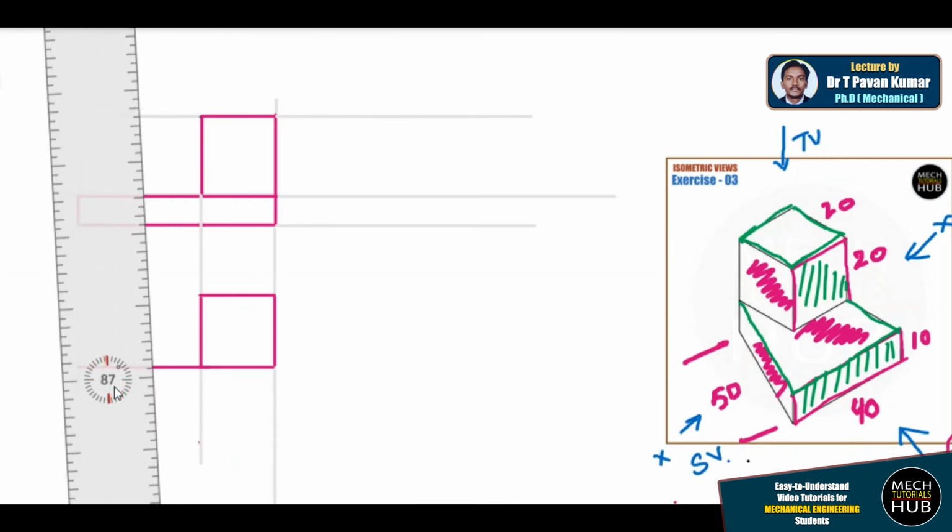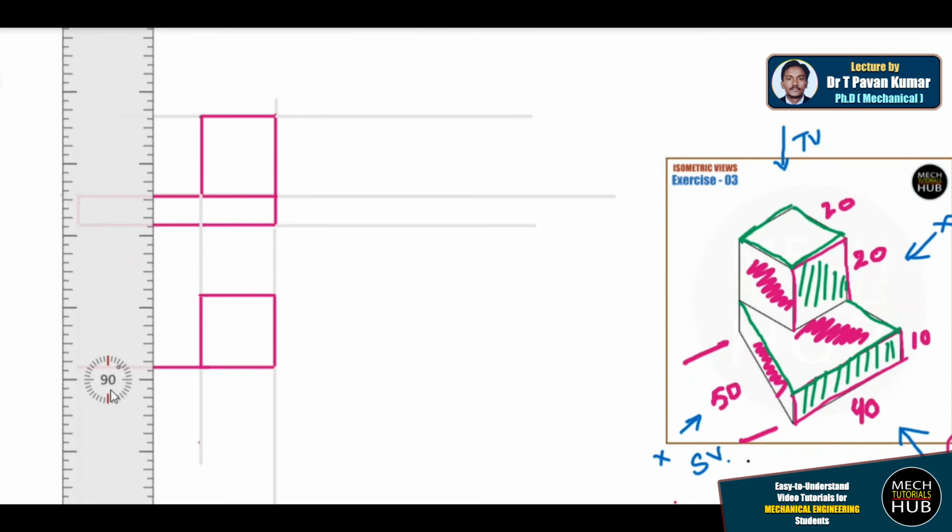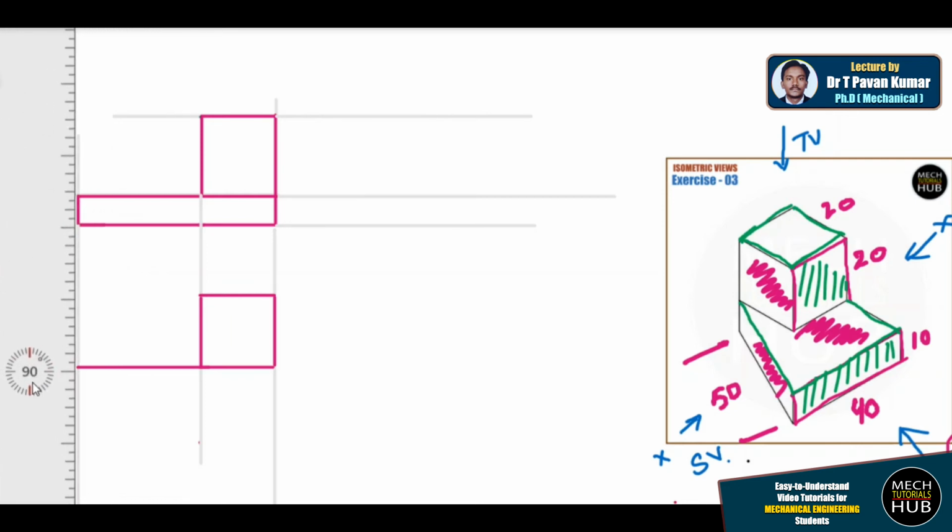This rotation of scale takes enough time, so have patience and listen to the complete lecture so that you have a better understanding. From here up to maybe 40. After this 40, it goes directly in contact with the corner point of the square box, means this point.